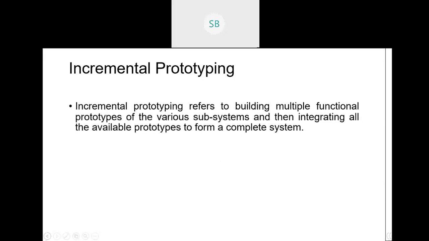Here also we don't throw it away. Suppose we first create the small unit, and then again we create the second unit. This way we create, and then later we merge it together. That is, integrate, and that becomes the final software. So that is known as incremental prototyping.